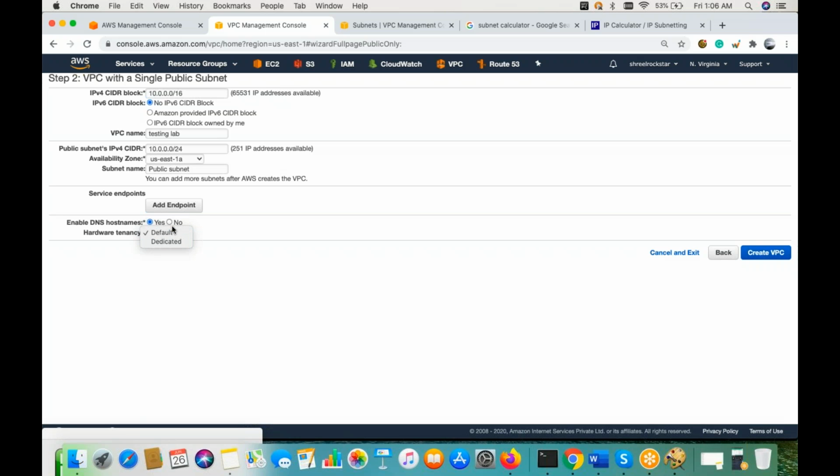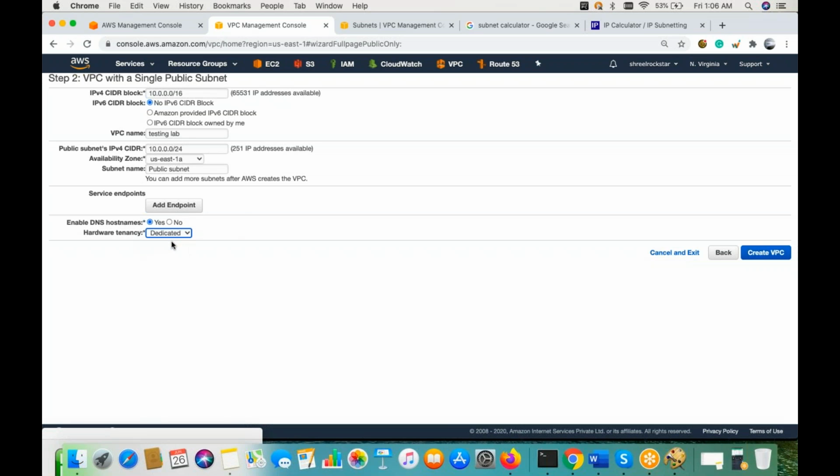The last option, guys, is default or dedicated tenancy. Default is shared, because AWS always works with shared responsibility and shared hardware. Whenever I create this VPC, the network range is hosted somewhere on background hardware, which we can say is the router. And for that router, you can go with dedicated.